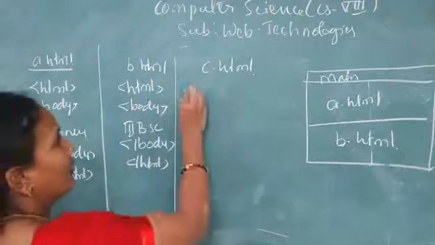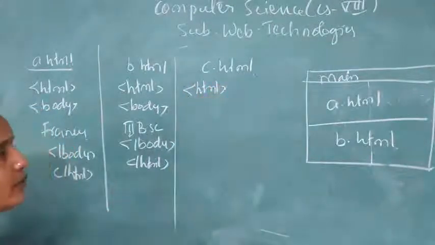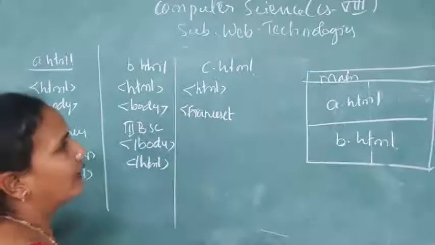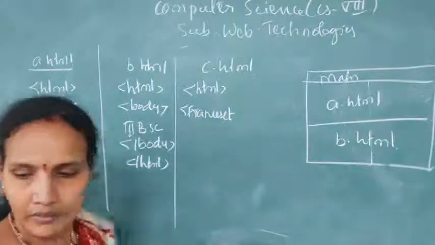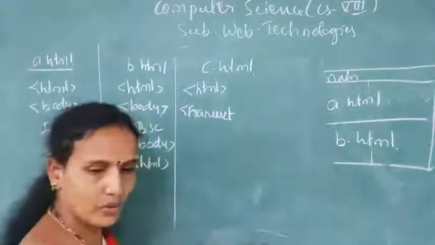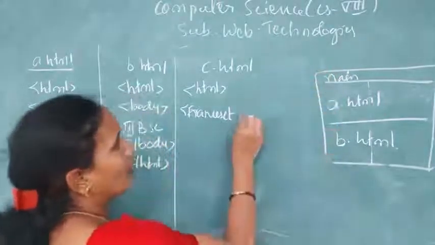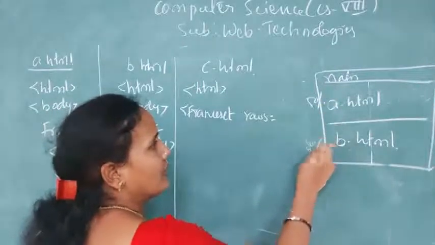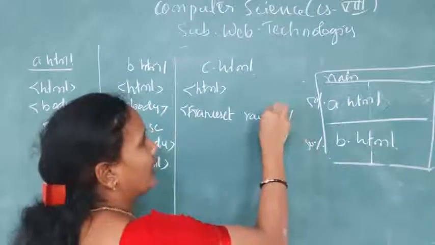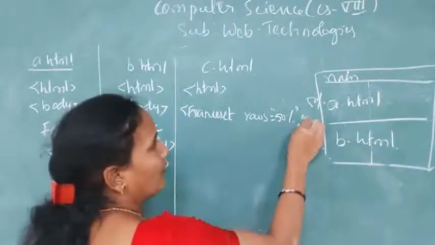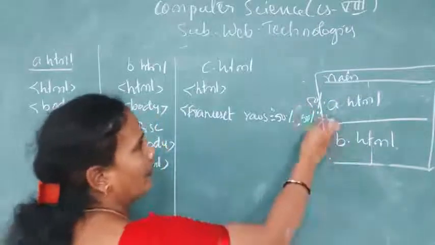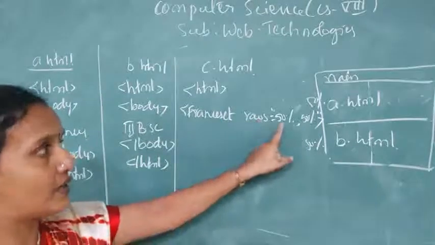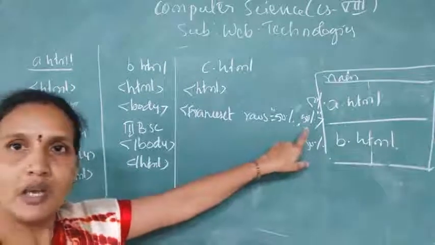Now HTML, as I already said, there is no need to write the body tag. Directly you write frameset. Here I have divided the browser window into rows, so you give the attribute rows equals to the sizes. This is 50%, and this is 50%. Rows equals 50%, comma 50%. With frameset rows, we are dividing the browser window into rows. The size of the first window is 50%, and the size of the second window is 50%.